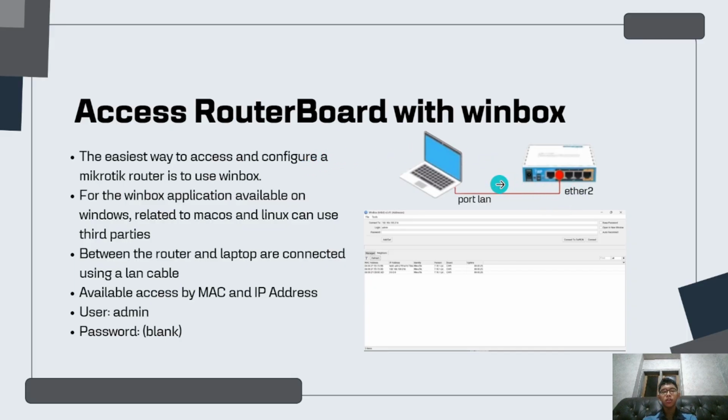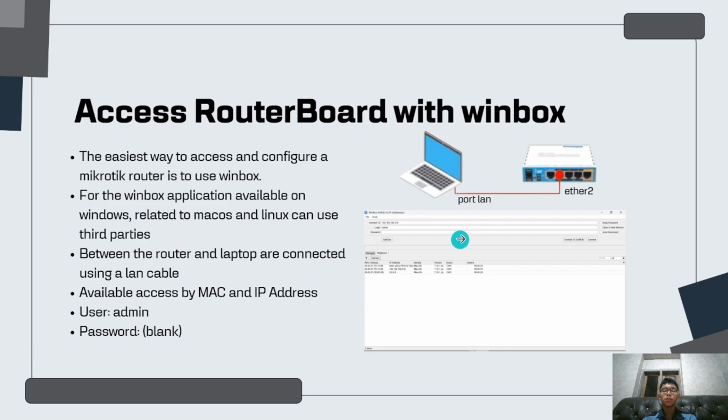To connect the router board with the Winbox, first connect your MikroTik router to the second port, which is Ether 2, then connect it to a LAN port of your PC or laptop.